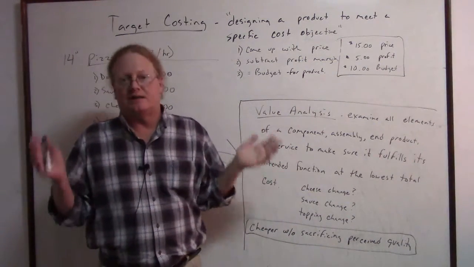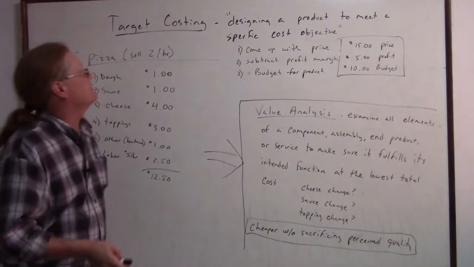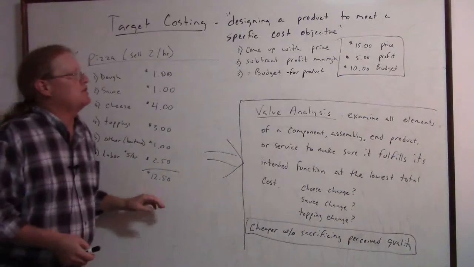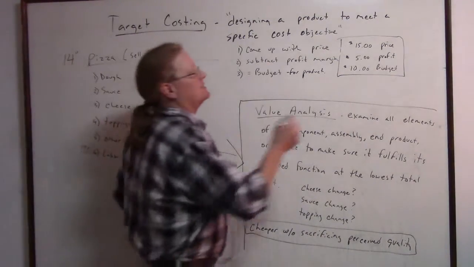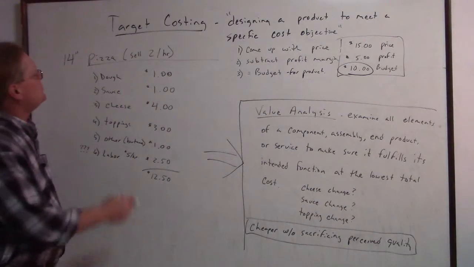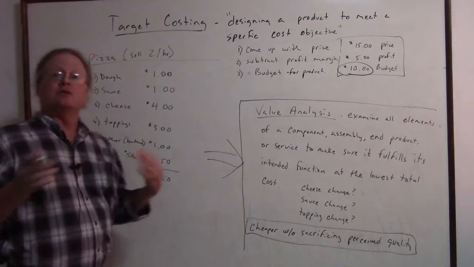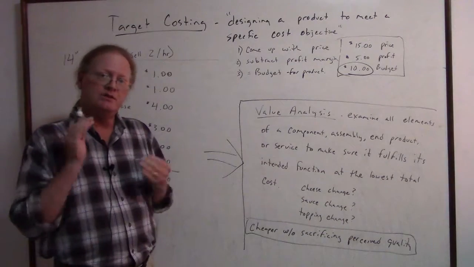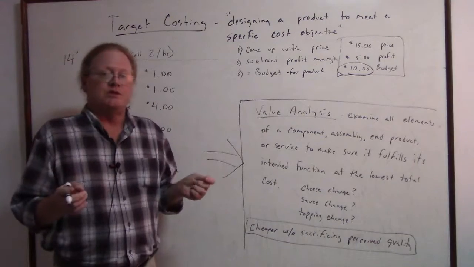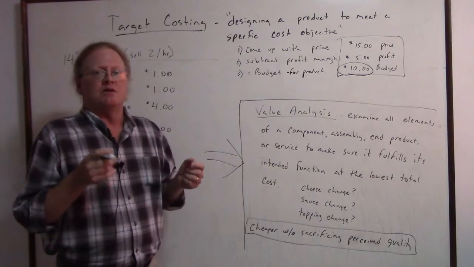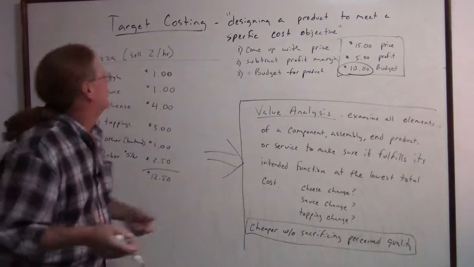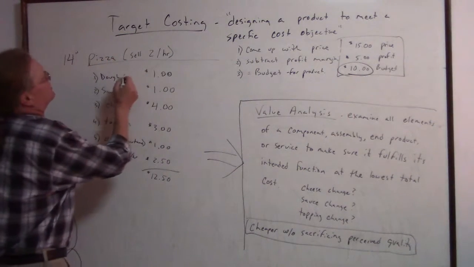That's all I get. So I go over here and I've got to design a pizza that comes up to my $10 budget. So the first thing I do is I map this out. And just like with burgers, you really have to study this. How much dough for a 14-inch pizza? We don't want too much dough. We don't want too little dough. We want the right amount. But anyway, so we go cost out